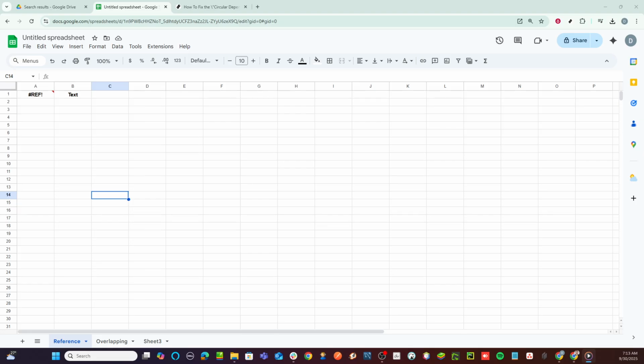First things first, open up your Google Sheet. Once you're in, navigate to the Reference tab and click on cell A1. Here, you'll be entering a simple formula to set the stage for tackling this error. Type in the formula equals B1, referring to cell B1. This action is crucial because it mimics a situation where circular references could commonly occur, allowing us to understand the